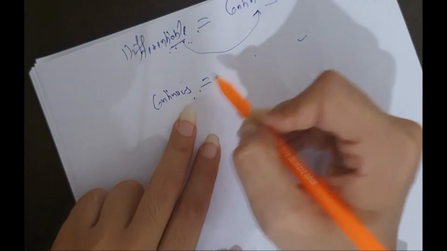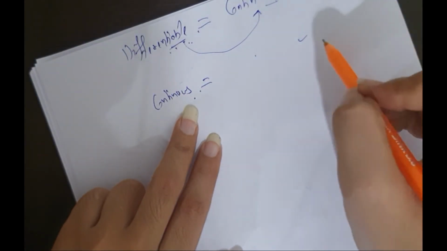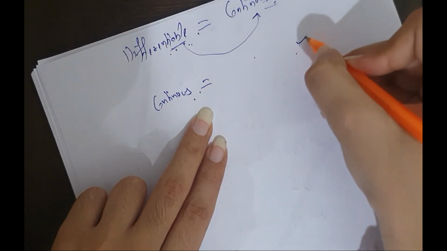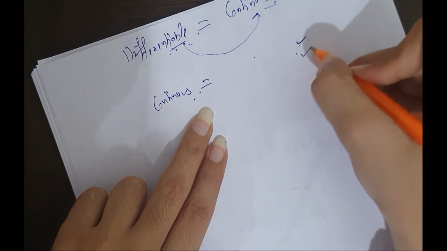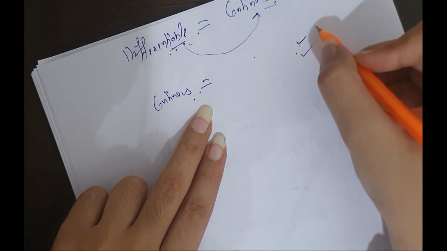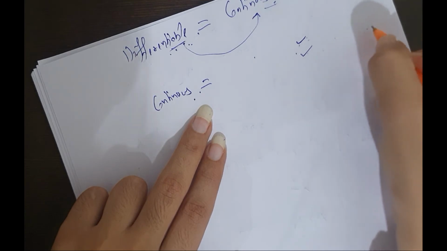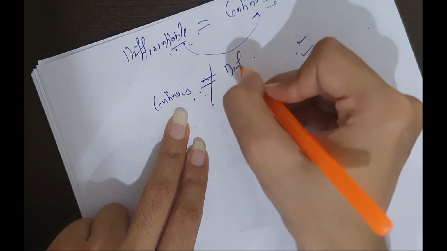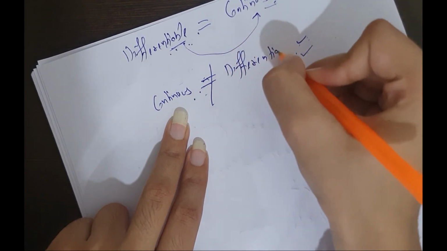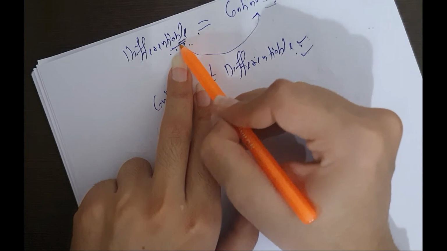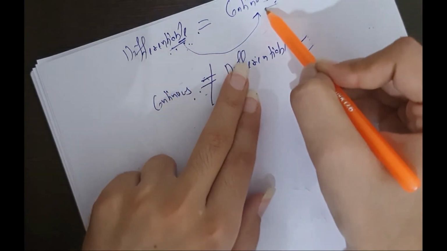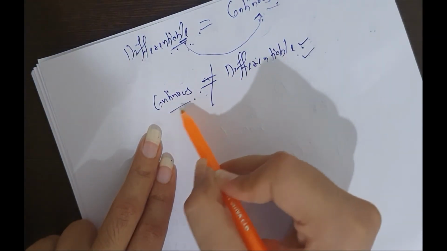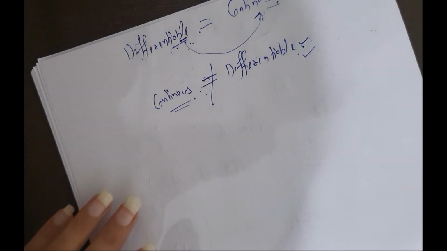If a function is continuous, then you can't say this will be differentiable at that point also. It can be non-differentiable at that point. If you have checked continuity of a function, then you have to check differentiability also to write that it is continuous as well as differentiable at this point. If a function is continuous, then it's not necessary that it will be differentiable at that point. If a function is differentiable at any point, then you can write that it will be continuous also at that point. But this is not the case for continuity. Let's learn it with the help of examples too.